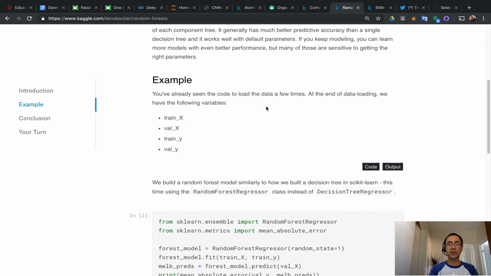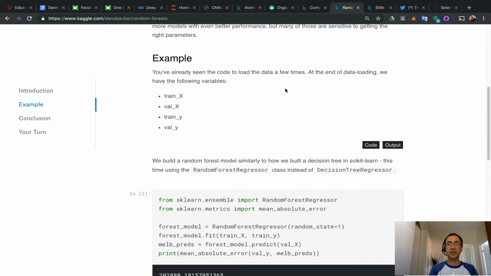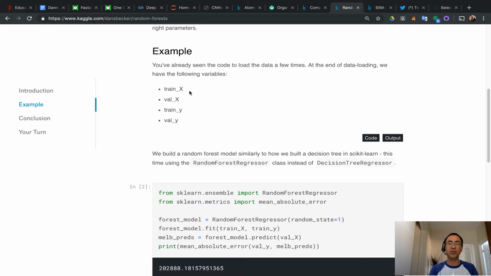So we use the code to load the data a few times. At the end of data loading, we have the following variables. Again, we divided the data into basically two categories, the training and the test, or you can say the training and the validation, right? And each category is divided